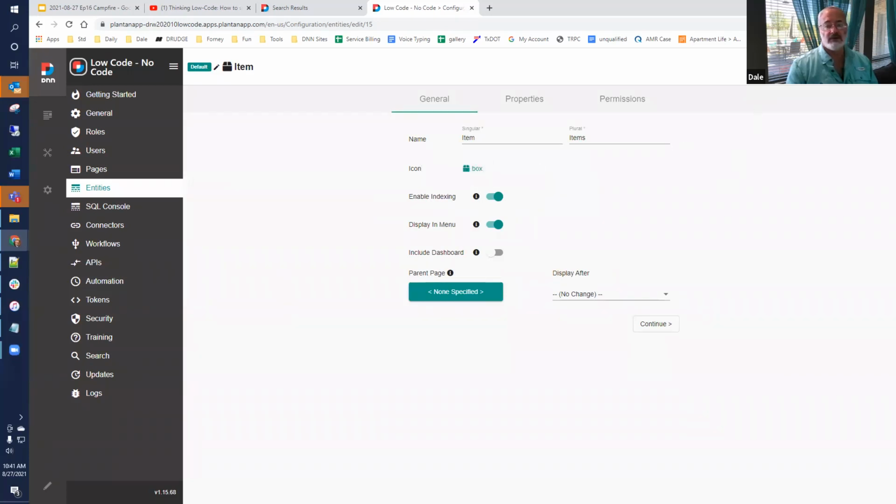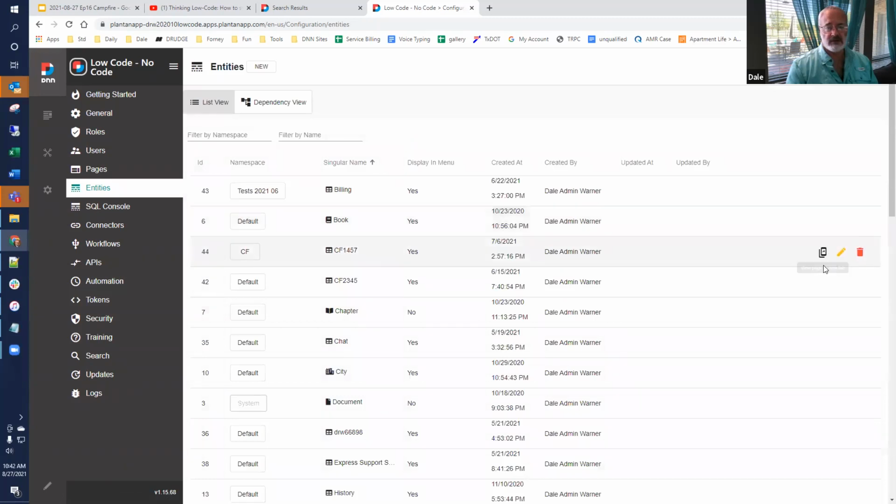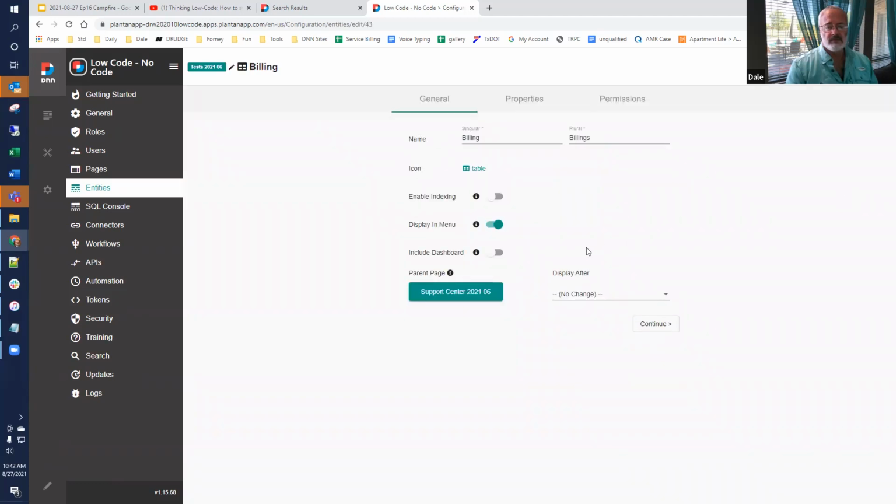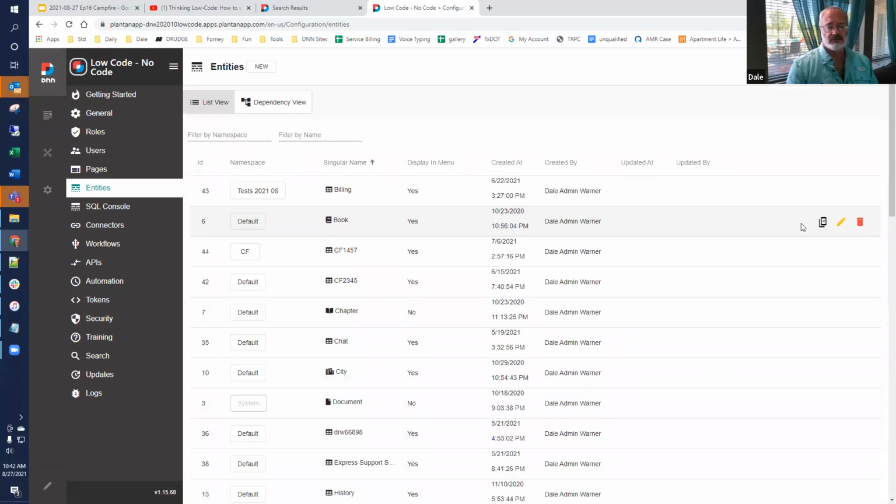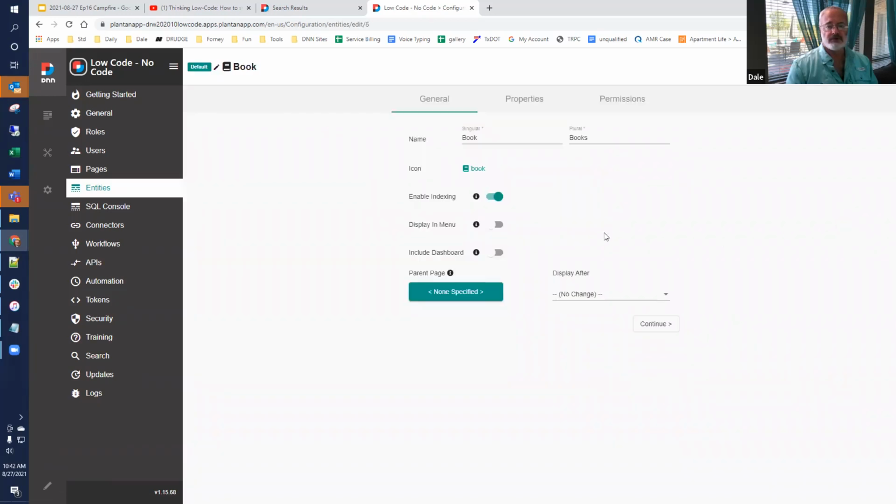We can go back and see if we have any other items turned on. Here we have one. We have some billings that are not part of the search boost indexing, but books are part of the search boost indexing.